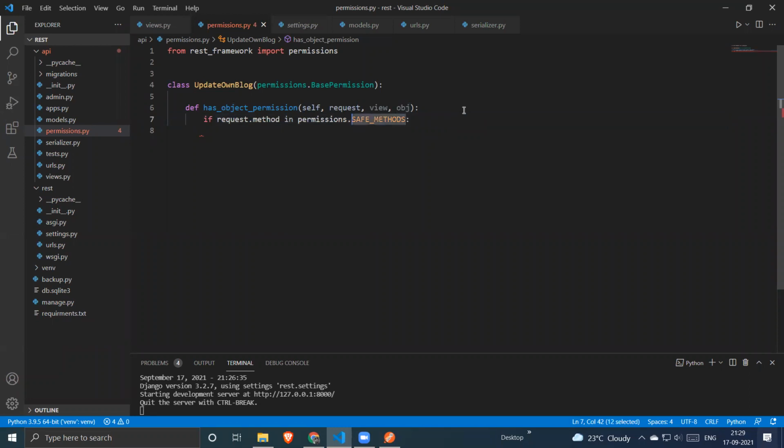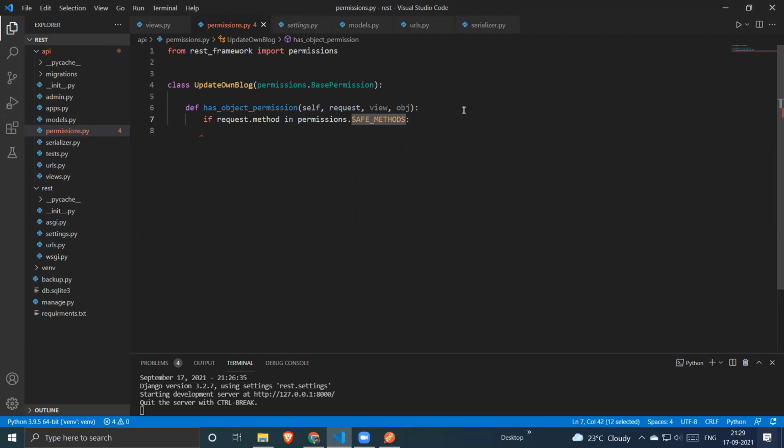And what the safe methods are. Safe methods are those methods which do not affect your database. In our case, GET is the only safe method, because user can just see the data, he cannot update or modify the database.